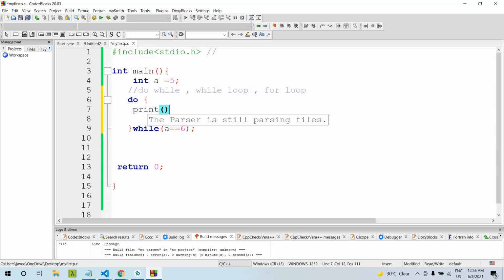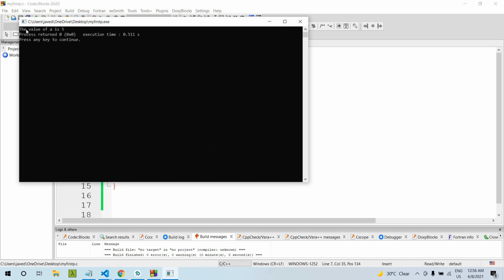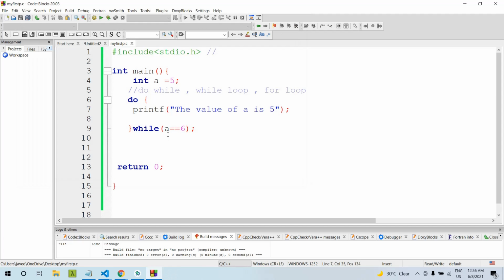The value of a is 5. Even though the condition is not met, this will execute once. This is the difference between a while loop and a do while loop: if the condition is not met, the do while loop will still execute at least once.